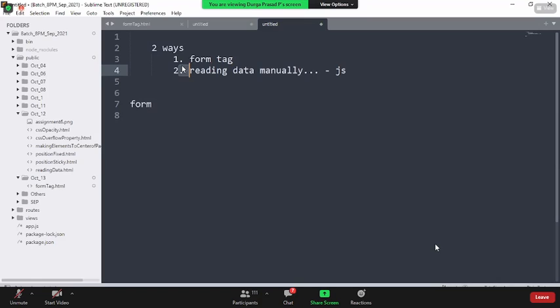If you want to do any customization on reading the data, validating it, showing the pop-up, you have to go for the second option, which we will see when we go into the DHTML concept of JavaScript. Am I clear? Yes or no? Yes, sir. Yes. Next. Sir, what about the date or a calendar which we see?